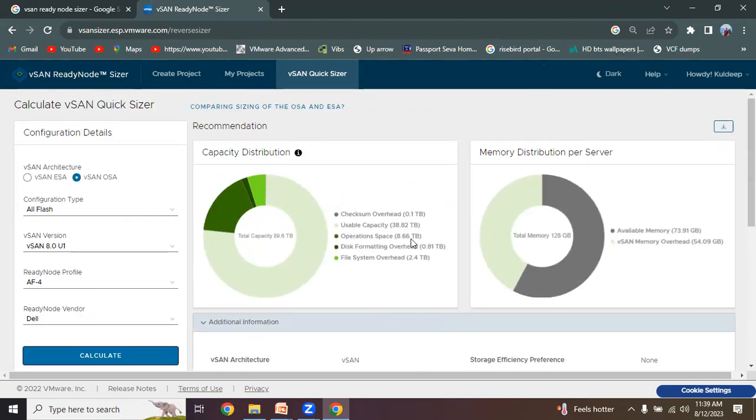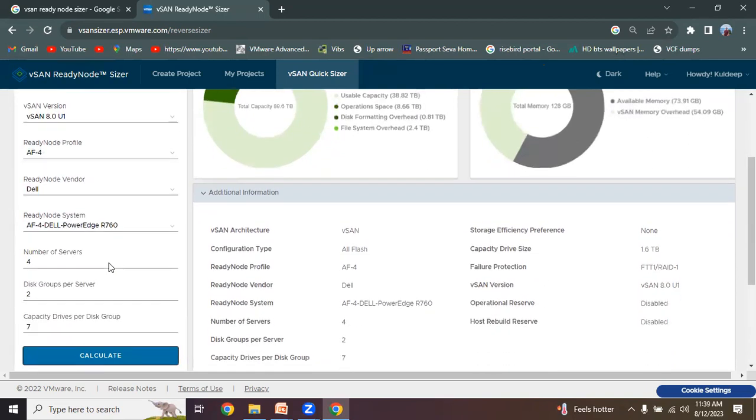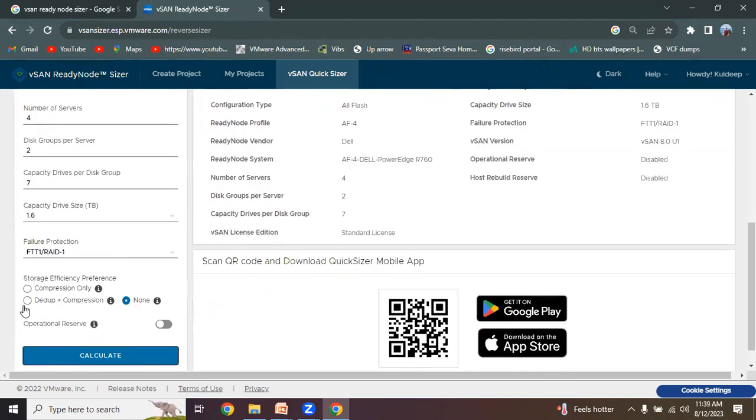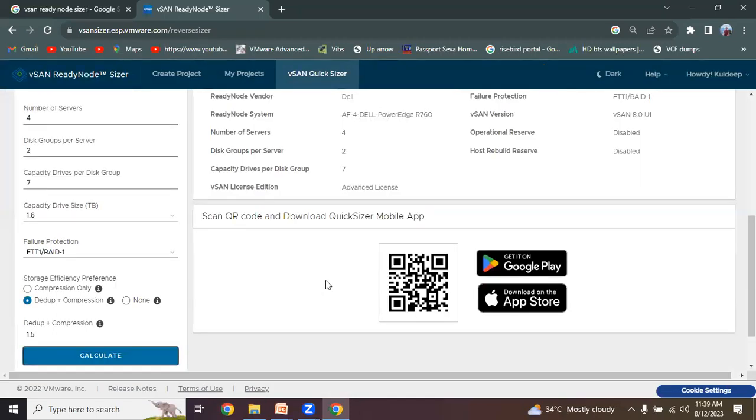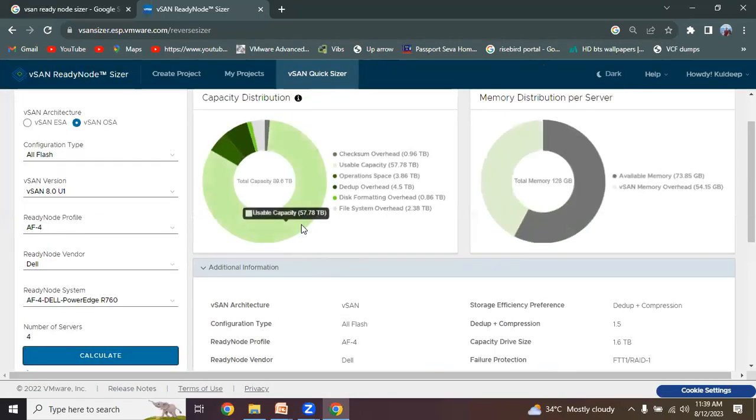Because it takes operation space also, file system overhead, and let us see within this calculation if we put some... So we have not enabled deduplication and compression. So if you enable it also, it is telling you it's going per disk group 1.5, and definitely it will be reduced. So now,